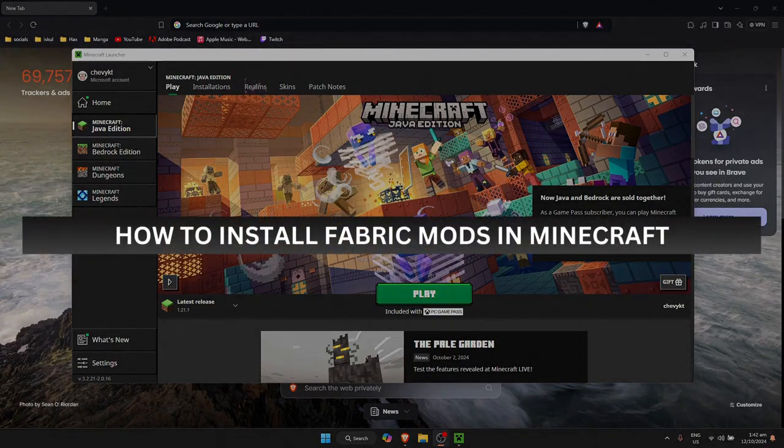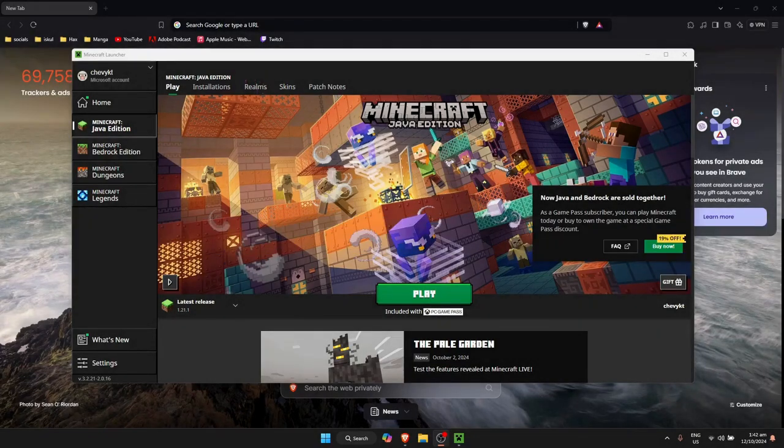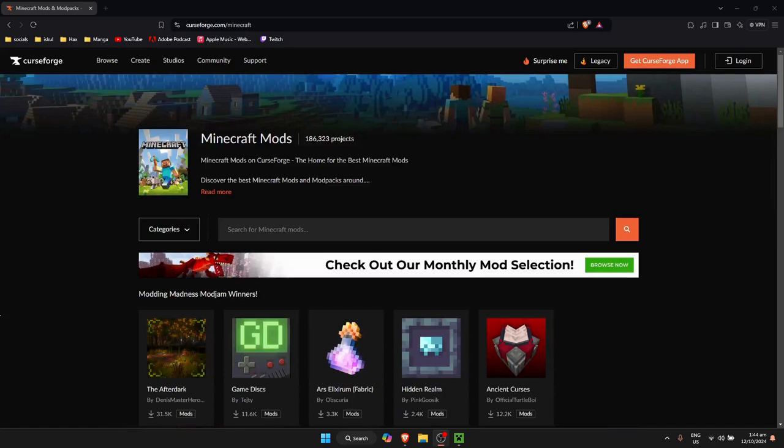How to install Fabric mods in Minecraft. So first, just open up your browser. Now, once you are on your browser, just search for the mods that you want. But for me, I'm using the CurseForge website to find mods. So just simply type in